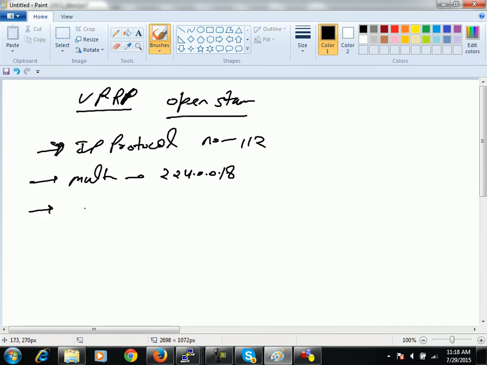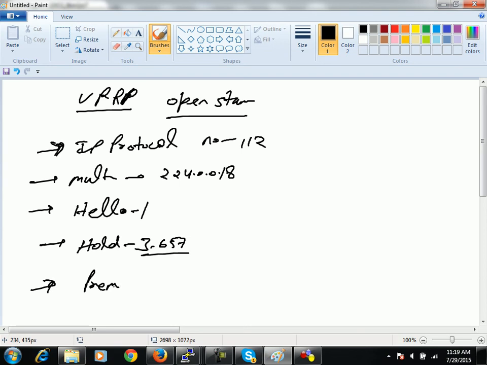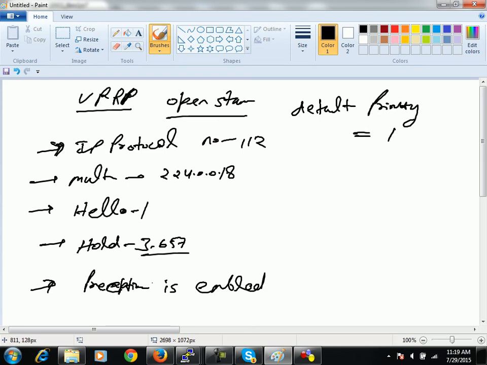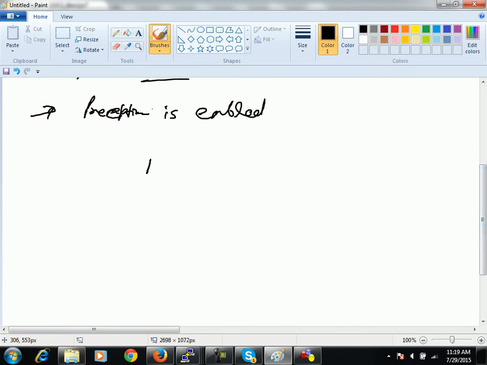Apart from that, hello interval is 1 second, hold time is kind of 3 seconds, actually 3.657 something, right? And then preemption is by default enabled. Apart from that, default priority is 100. There are only two things: